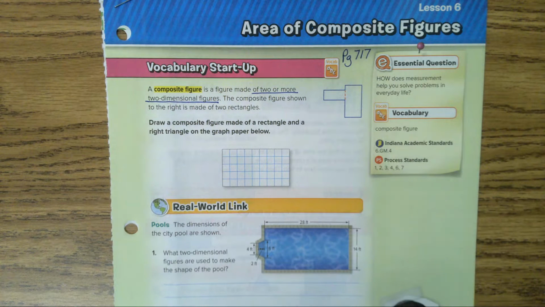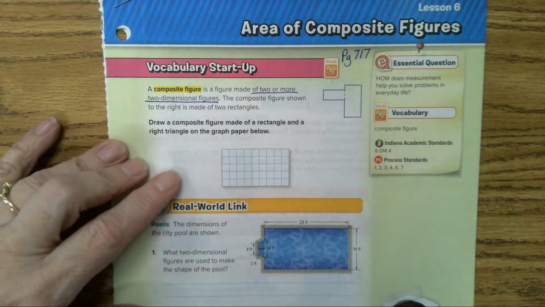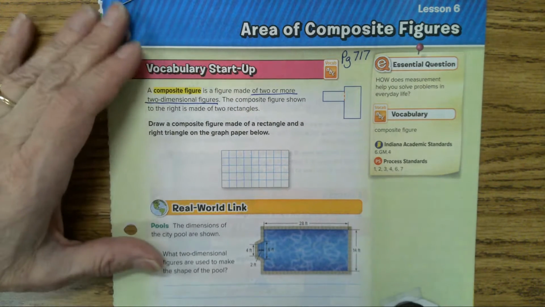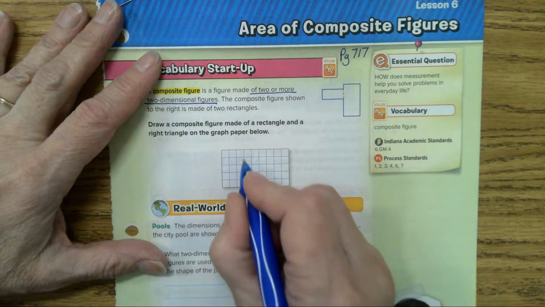It says, draw a composite figure made of a rectangle and a triangle on the graph paper below. So on this, you can draw a triangle and a rectangle, and they have to connect. So let's do that. Yours won't look the same as mine. I am going to